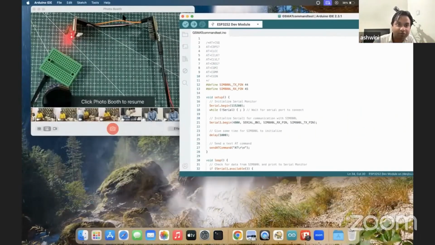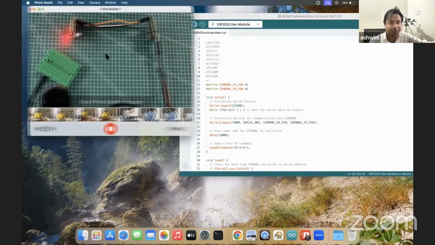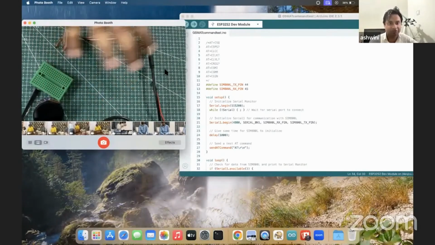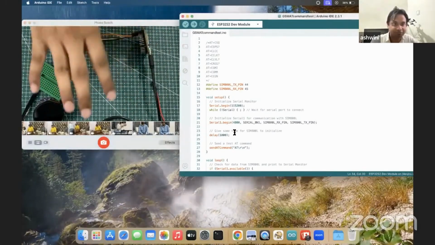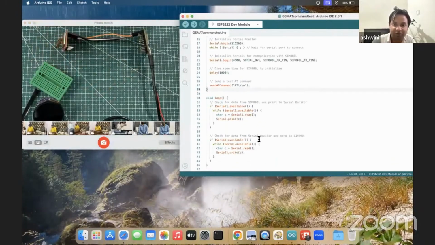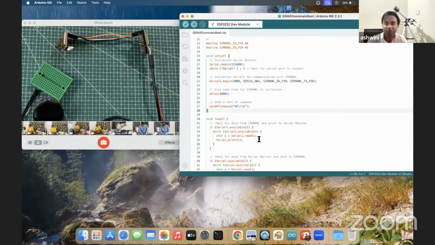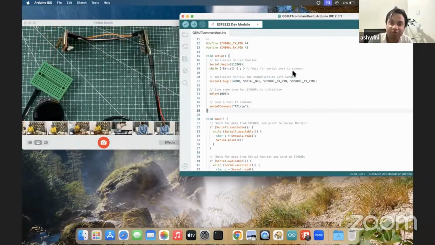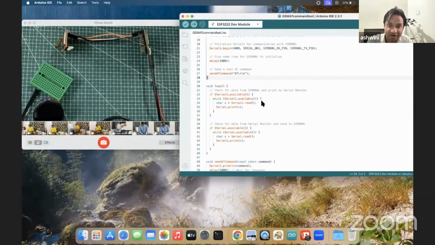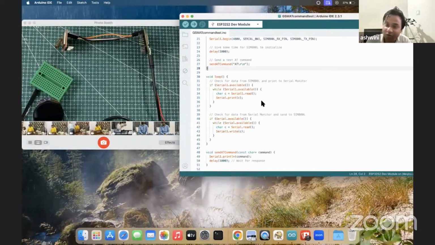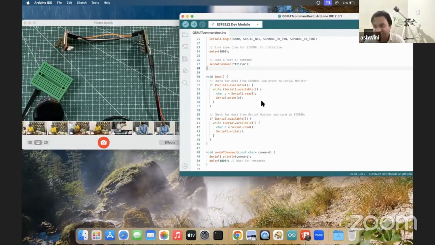So this is our code, and this is our live footage. See, it's live, and this is our code. Here I have already told you it works on the hardware serial. So here I am using pins 44 and 45 on the Indus board, and then we will use the serial port to send the AT command, and receive on the inbuilt serial port